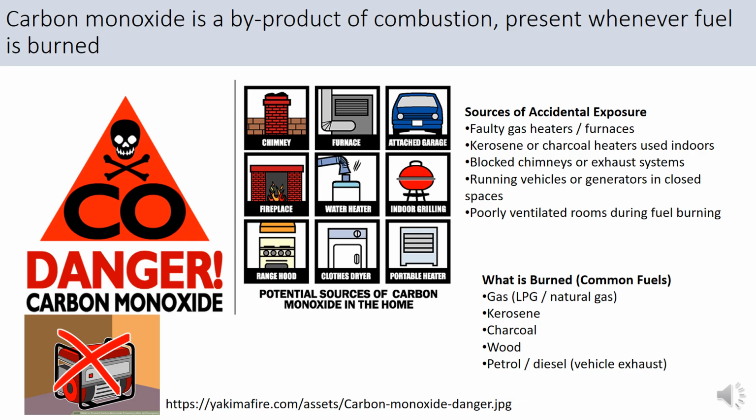Right, so this is a bit of an explanation. So what is burnt? Common fuels such as gas, kerosene, charcoal, wood, petrol or diesel, right? So with incomplete combustion you can get carbon monoxide. And what are the sources? For example, poorly ventilated rooms during fuel burning, running vehicles or generators in closed spaces, blocked chimneys or exhaust systems, kerosene or charcoal heaters used indoors, faulty gas heaters. Now you can understand how we can get carbon monoxide